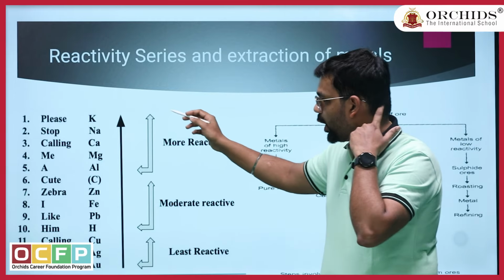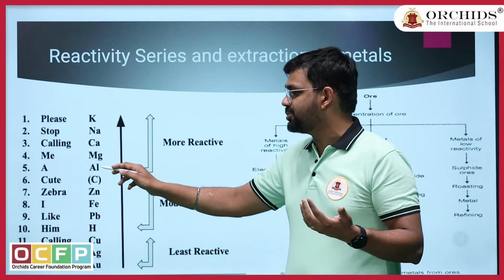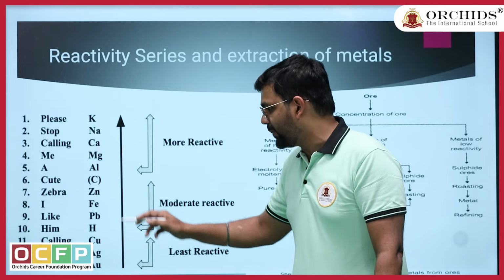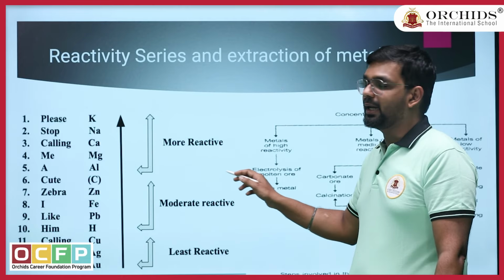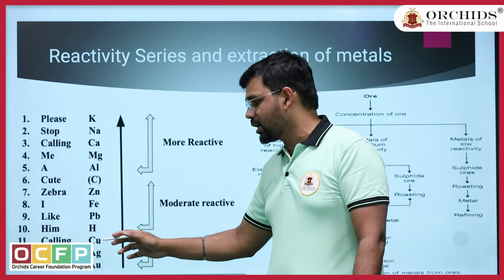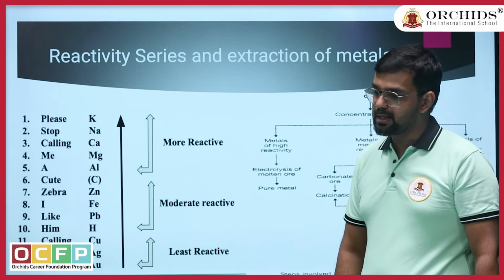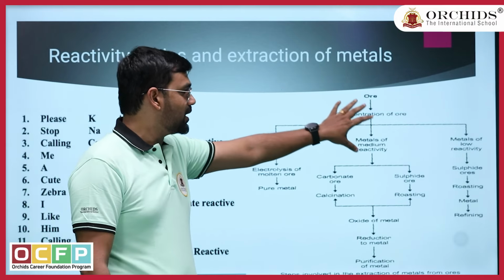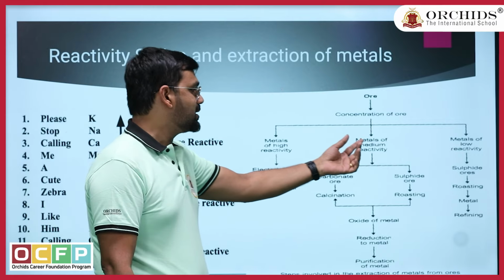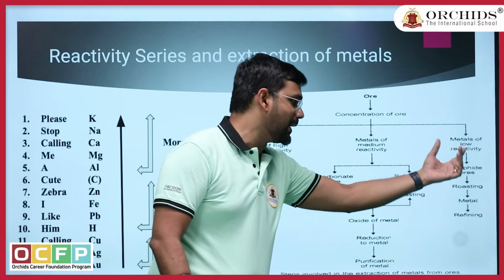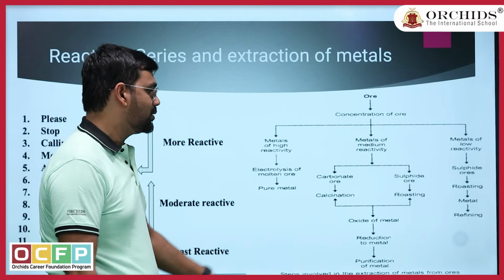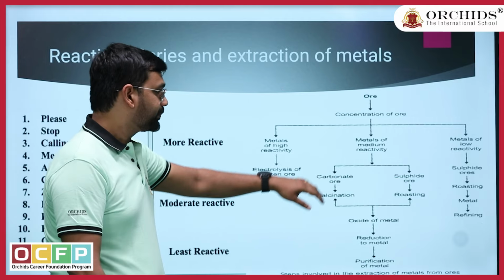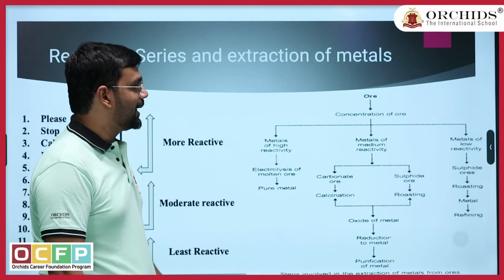And coming to the top, everything up to aluminium will be covered under the highly reactive metals. And coming to the next one, carbon to hydrogen will be considered as moderate in reactivity. And coming to the last three, which is copper and henceforth, will be considered as least reactive metals. And coming to the extraction of metals from the ores, we have listed out how the flow chart is. So if it is a medium reactivity, highly reactive, or a low reactive, how it is extracted has also been listed out. Especially for the medium reactive, we have both calcination as well as roasting processes. Now coming to the last one, which is the electrolytic refining, which I have explained.